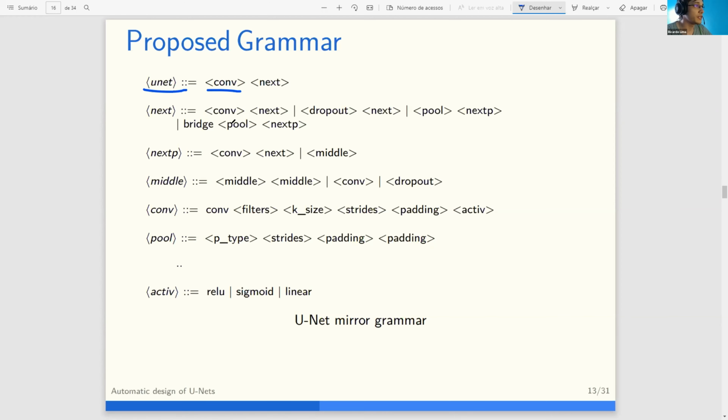You have the kernel size for the pool layer,